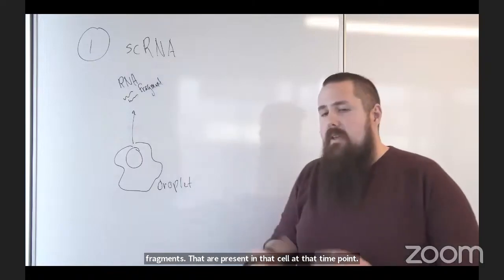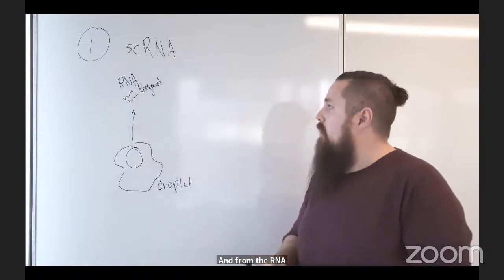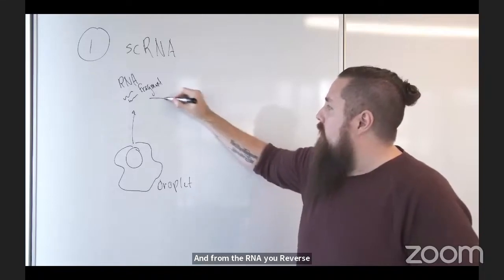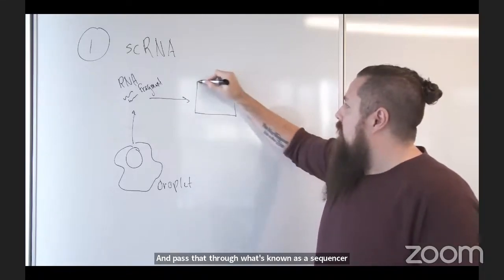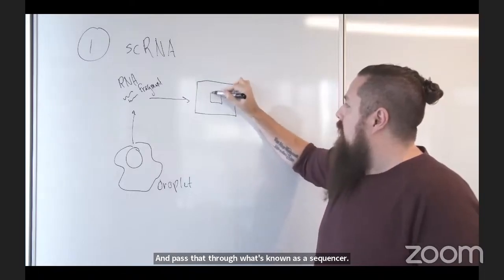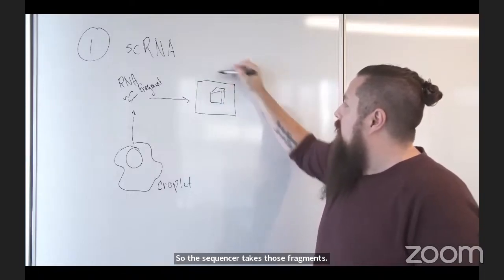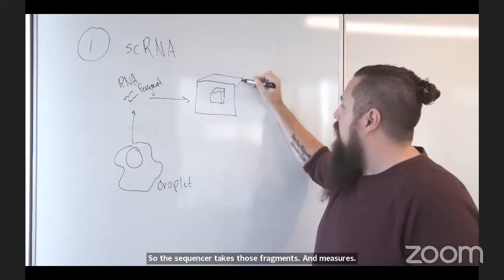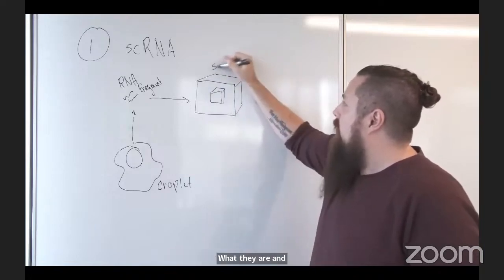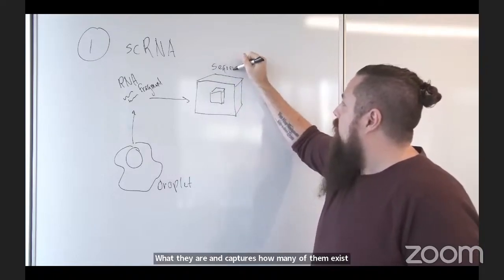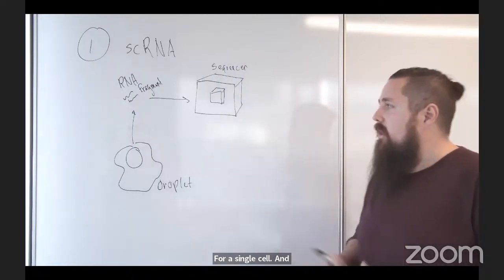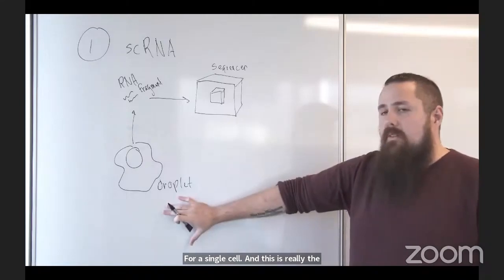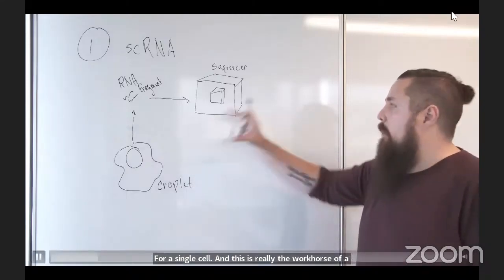And from the RNA, you reverse transcribe it into cDNA and pass that through what's known as a sequencer. The sequencer takes those fragments and measures what they are and captures how many of them exist for a single cell. And this is really the workhorse of a lot of our taxonomy building, is isolating millions and millions of cells, sequencing them,